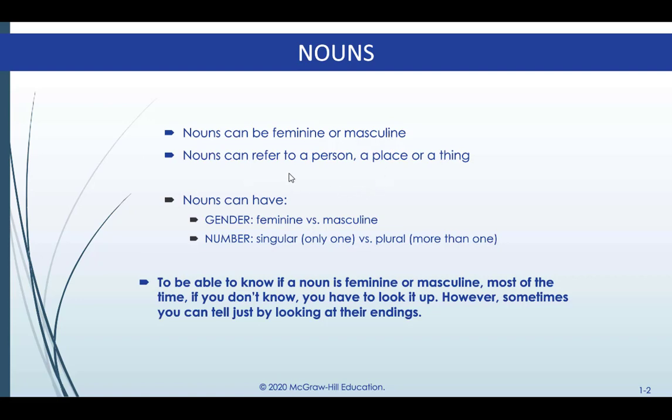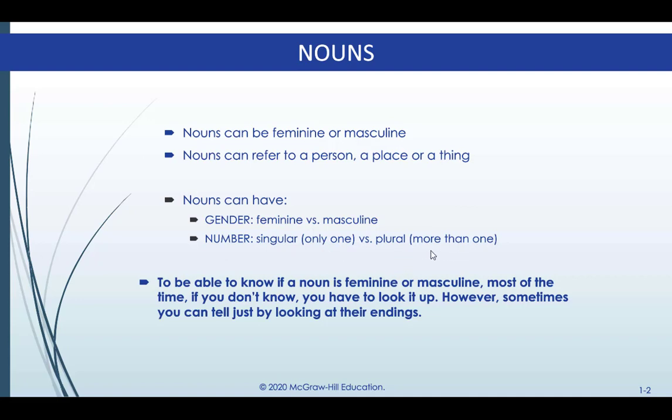But they can refer to a person, a place, a thing. A noun can be a book, or it can be a car, or Spain, or there's a lot of nouns. So they can have a gender and they can have a number. The gender is going to be either feminine or masculine. Any noun is going to be either feminine or masculine. And a noun is also going to be either singular, if it's only one, or plural, if it's more than